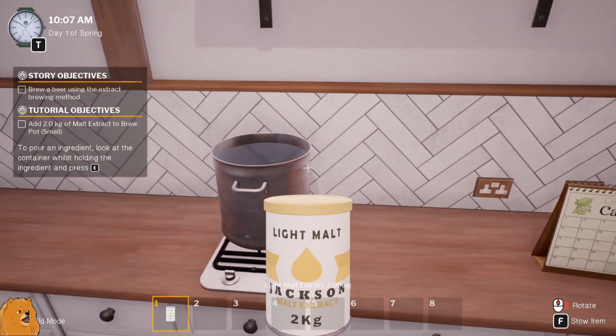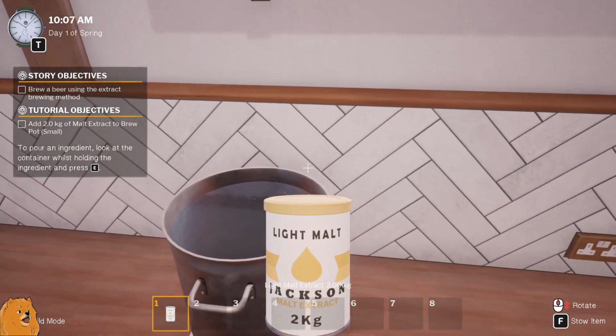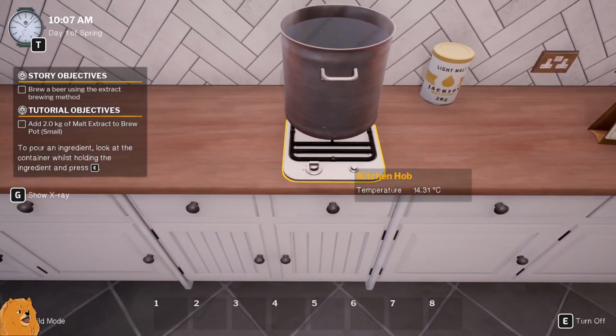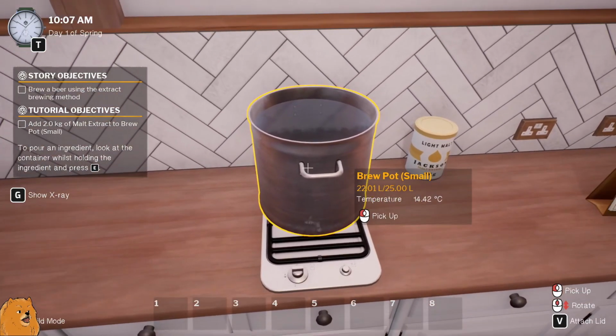Add 2 kilos to brew pot. Is that like... I feel like we got too much in here. Can we put this down? We can put this down. Still like heating up, so...